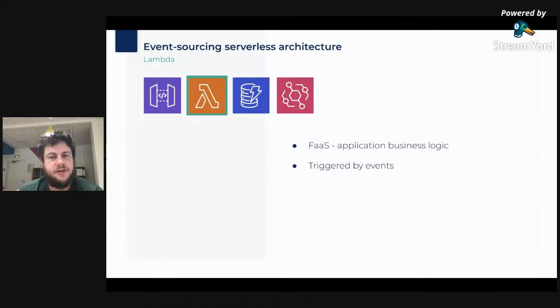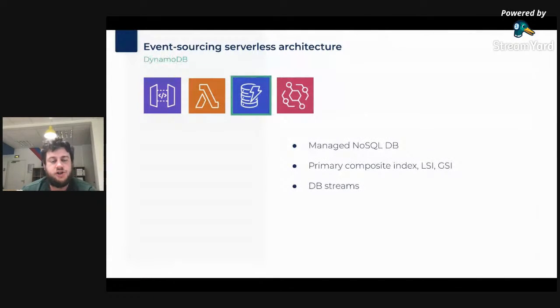Second service I will talk about in this presentation is Lambda, which is a function as a service managed service from AWS that will be triggered by various events, like the one from API Gateway that we saw just before. Then DynamoDB, which is a managed NoSQL database.